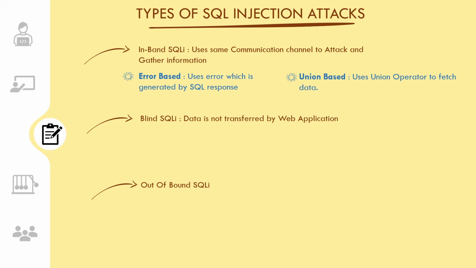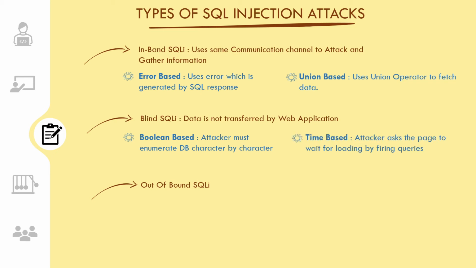For blind SQL injection also we have two attacks. First one is the Boolean based attack. When an SQL query fails, sometimes some part of the web application or the web page disappears. This attack is very slow as the attacker has to enumerate a DB character by character and test the result in terms of actually attacking the system. Next is time based. Usually this is done by the hacker using the DB to wait or sleep for a certain amount of time.